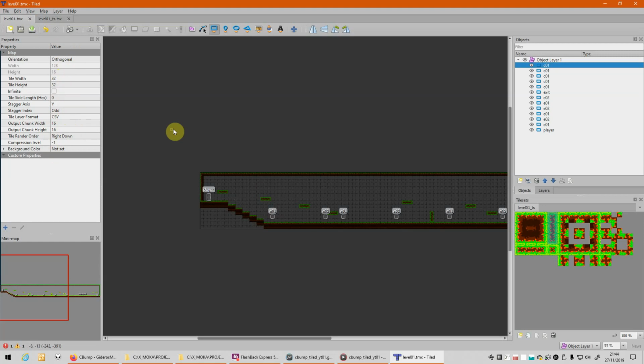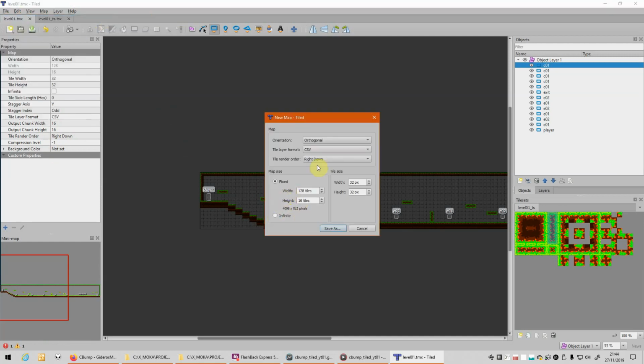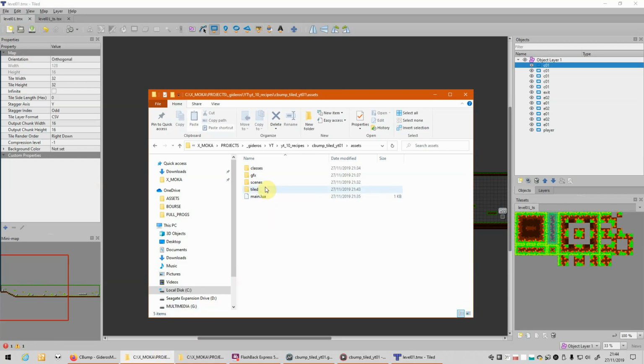And another detail is that when you create your map, don't use infinite because that won't work. You need to use fixed. So fixed is working, infinite is not working in my template. Okay, so I've exported the tiled map into Gideros tiled, and that's my level1.lua.